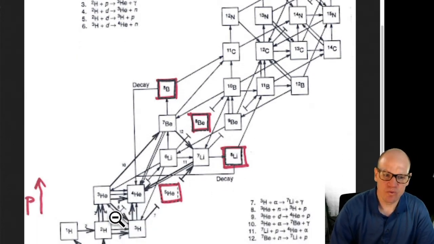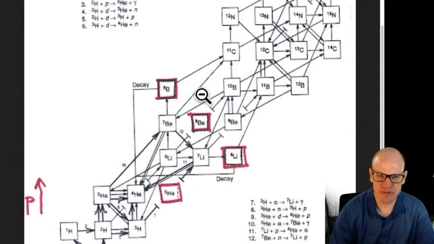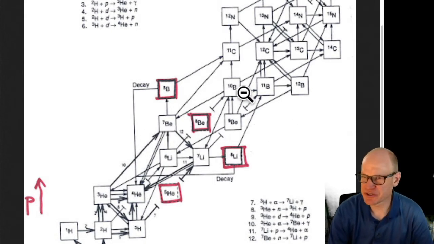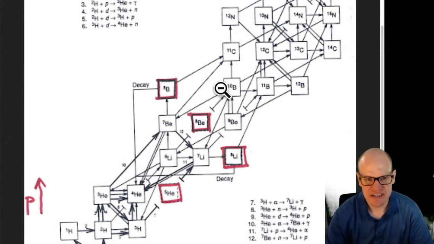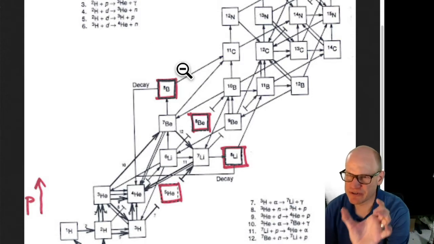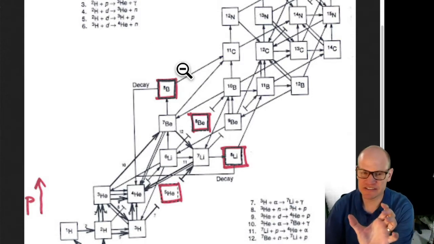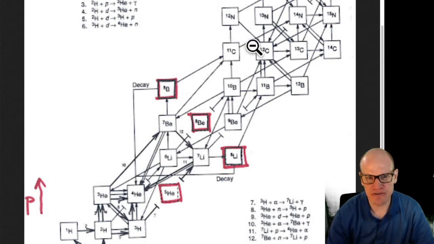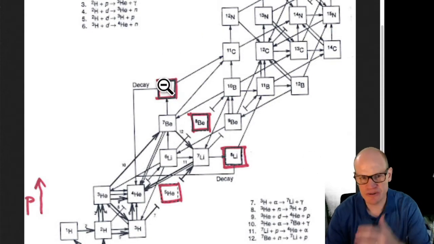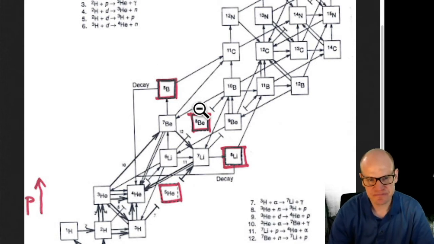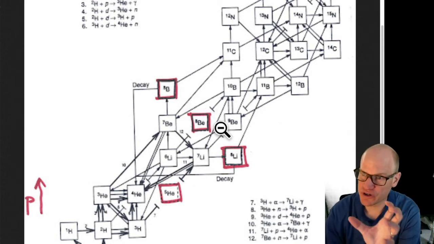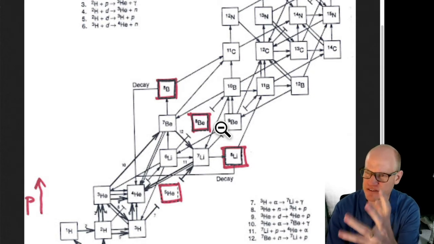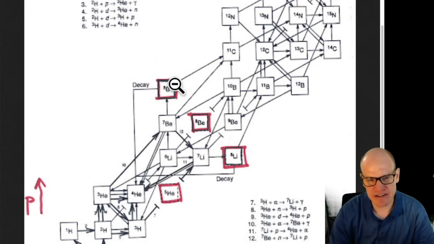Anyways, where you get to in this climb, as you start assembling these different boron and lithium and stuff like that, eventually the universe is going to peter out. It's going to stop forming these things. And so you can draw a line where the amount of time you have to do these nucleosynthetic processes will tell you how far up this chain you're able to climb before you run out of stuff, or in particular before the neutrons all decay. They can't find a dance partner, and so they decay. And that line is actually right here.